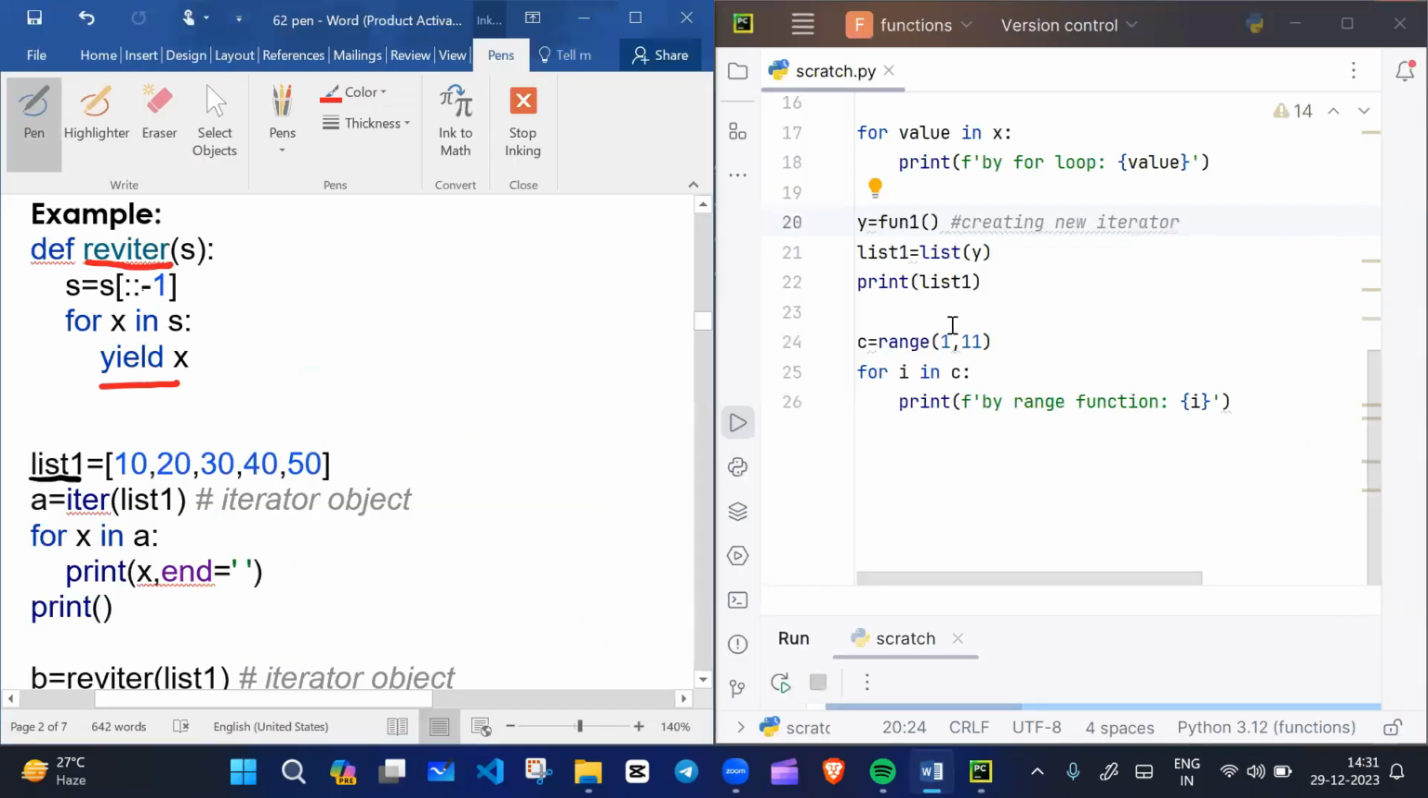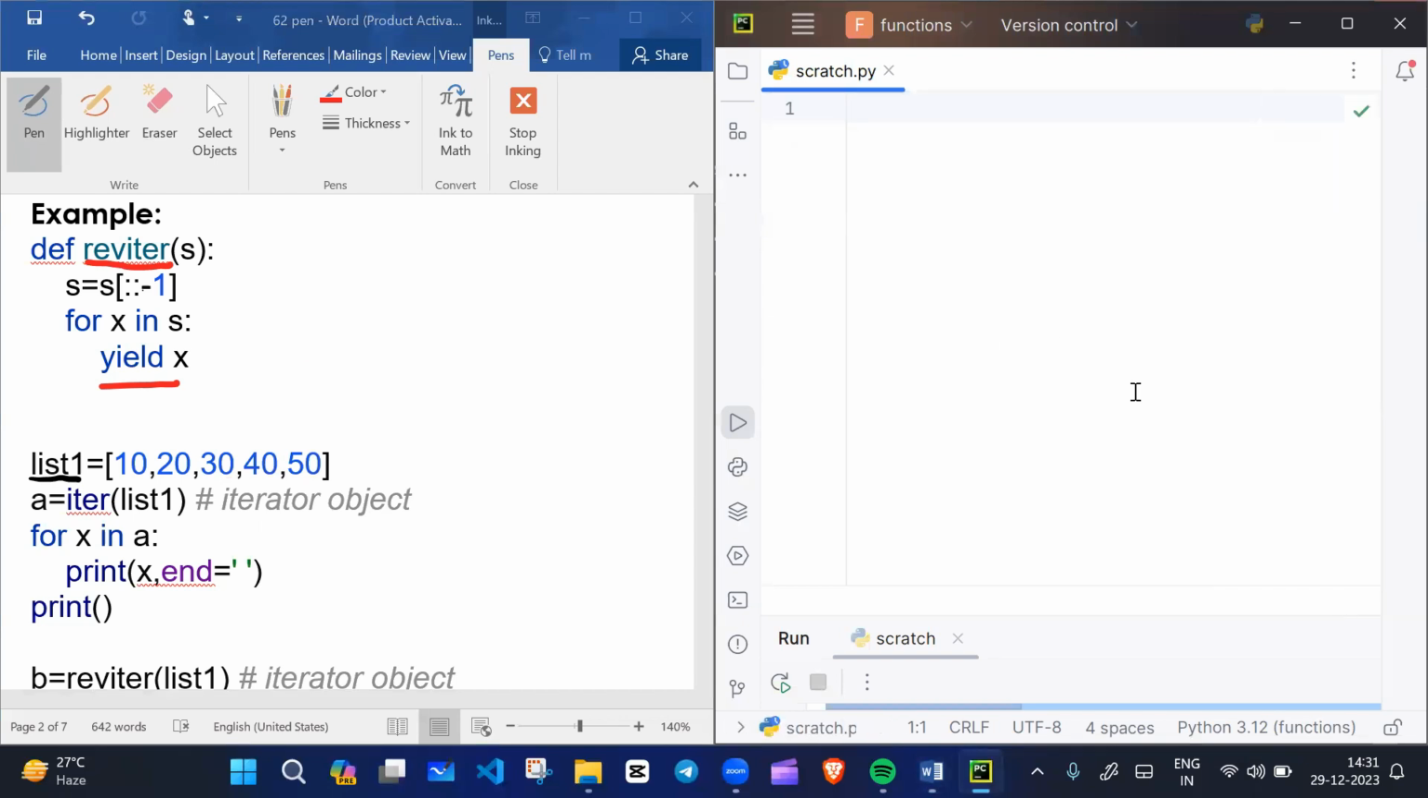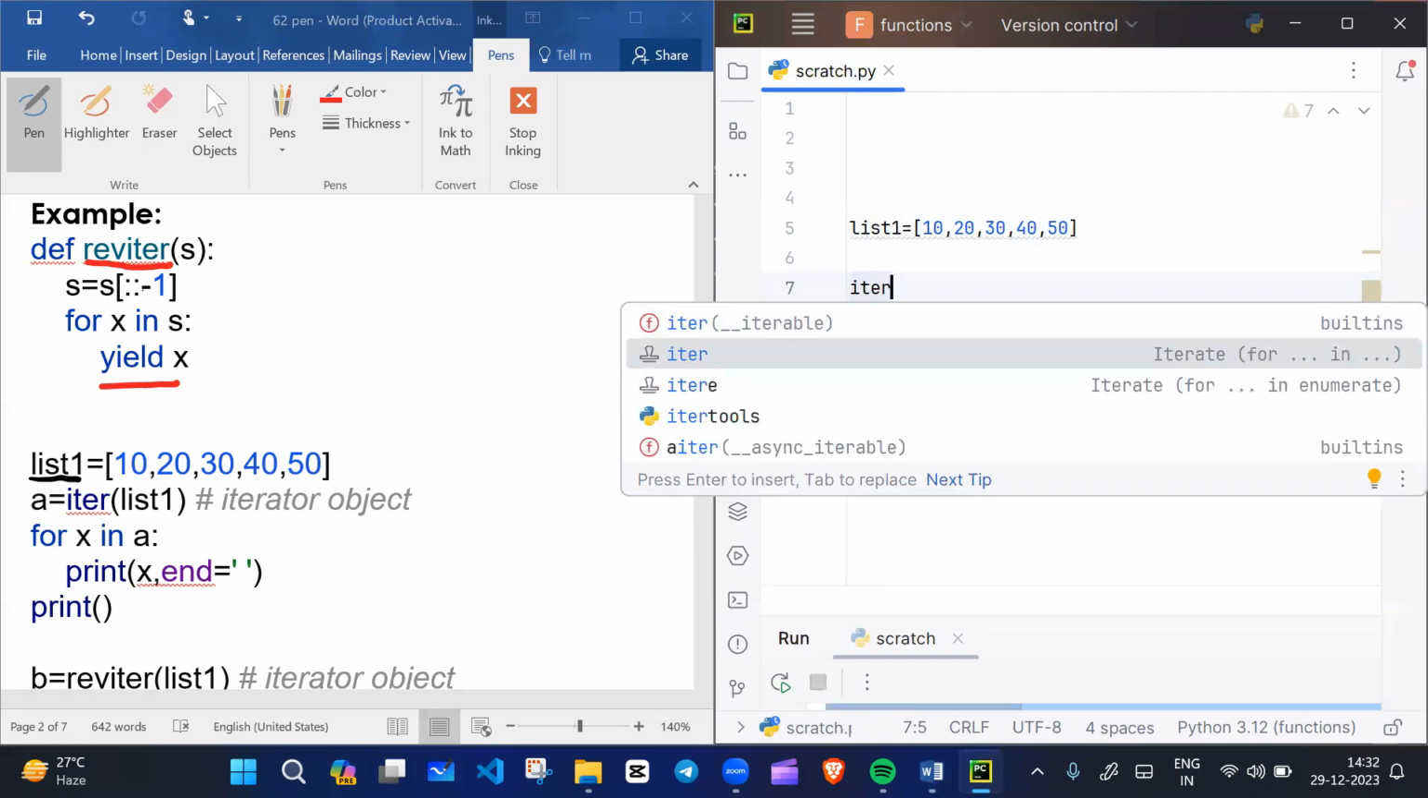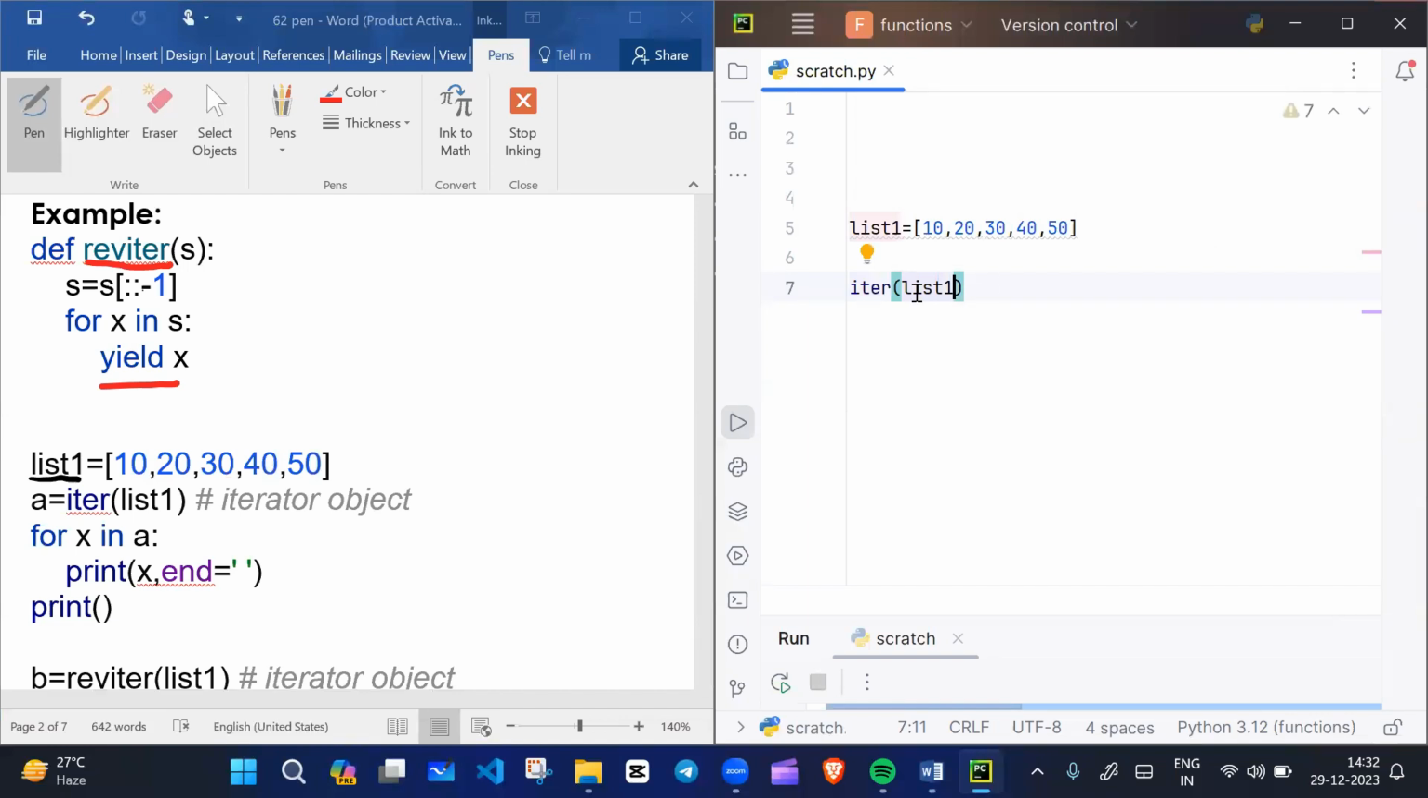Okay, let me write the code so that you can easily understand. For example, first I am creating list1. What is the data inside list1? 10, 20, 30, 40, and 50. So for example, I'm using the predefined iterator iter, and inside it I will give the list object, and it will return me an iterator object. And I will pass this iterator object to the for loop like this,